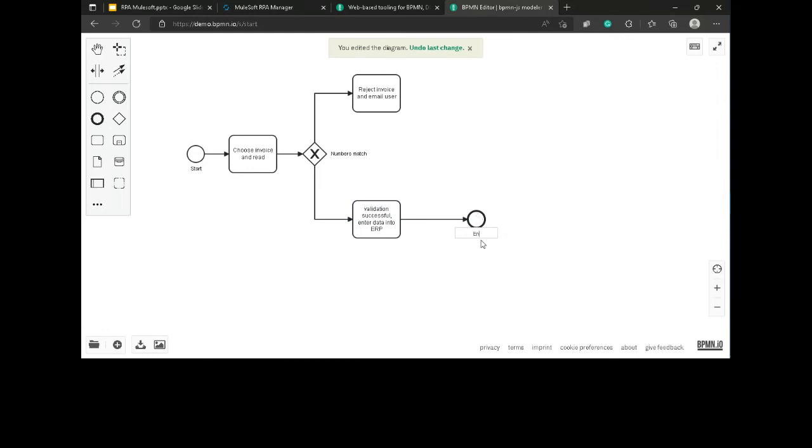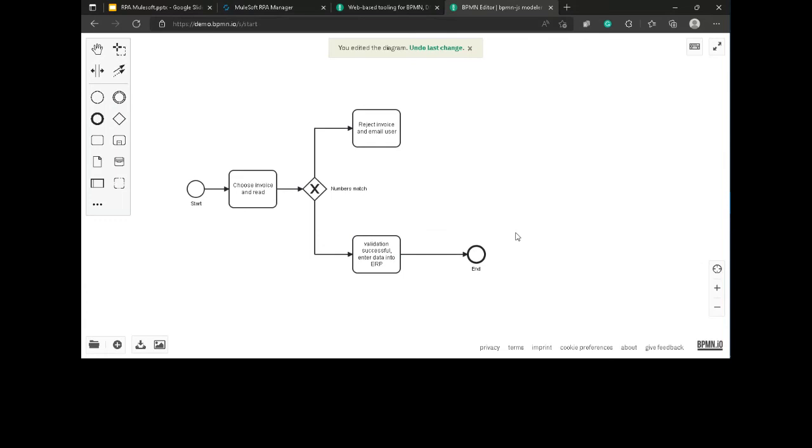This is a very simple process, right? This is a task, choosing invoice and reading it from the PDF, and this whole thing is a process. Here also it will end. This can be huge. In my earlier stage of career, I've designed huge ones, with multiple sheets and pages. So you can design these workflows here.